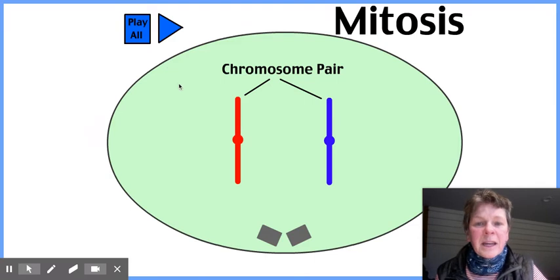So we begin, and this cell would be considered to be in interphase, the part of the cell cycle where it's not actively dividing. Technically, during interphase, you would not see chromosomes. They would not be condensed and coiled up, and therefore they would not be visible. They'd rather be in the state called chromatin. But this simplification has put it together as chromosomes, just so that you can go ahead and